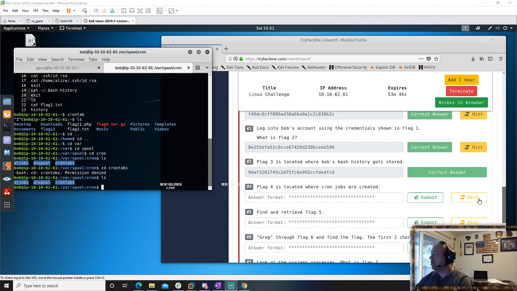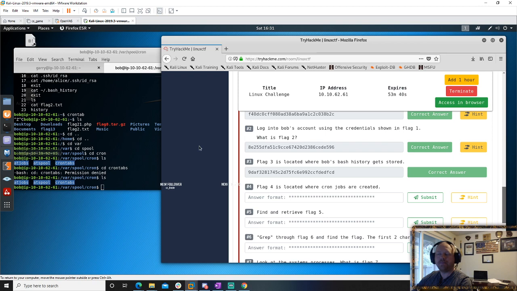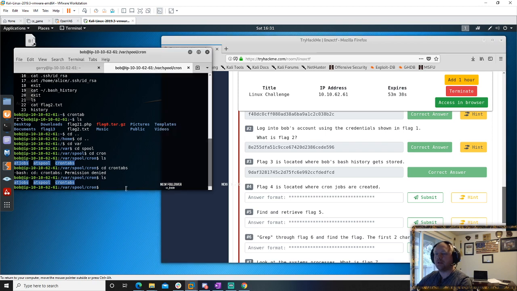What do we think, room? Take a look at the little hint. What do they say? They say crontab. I mean, that's kind of what I was trying to look at.